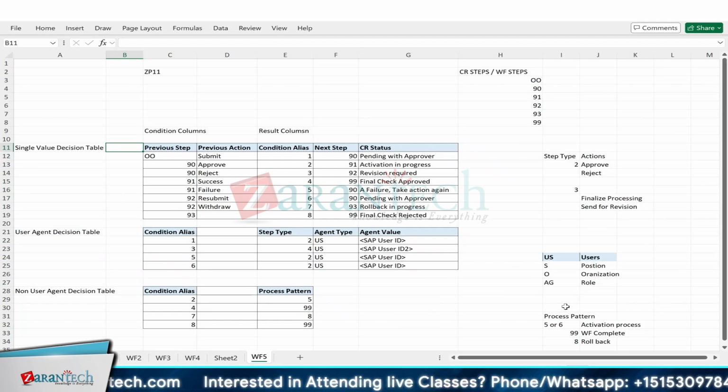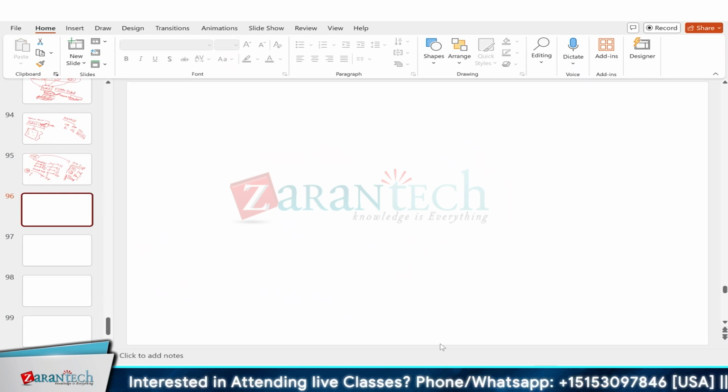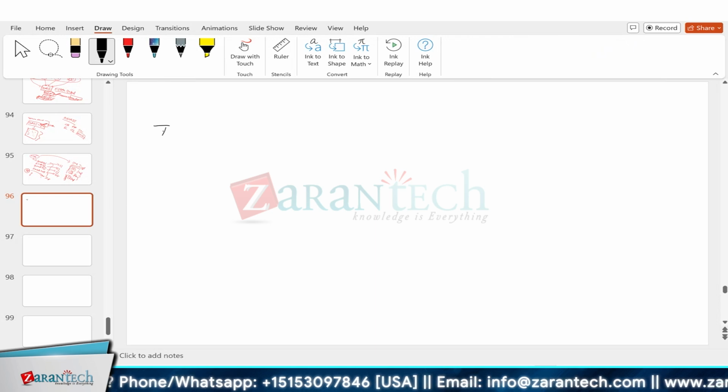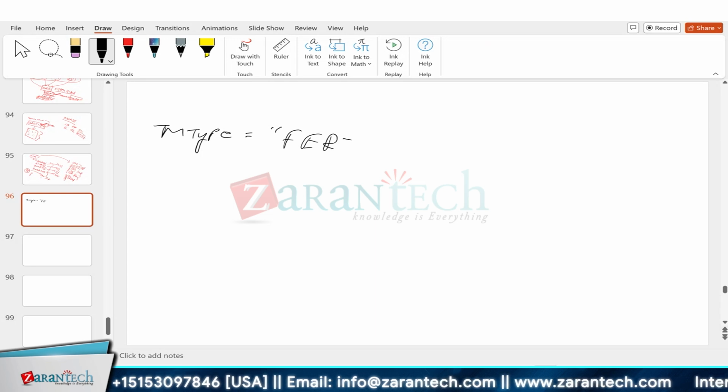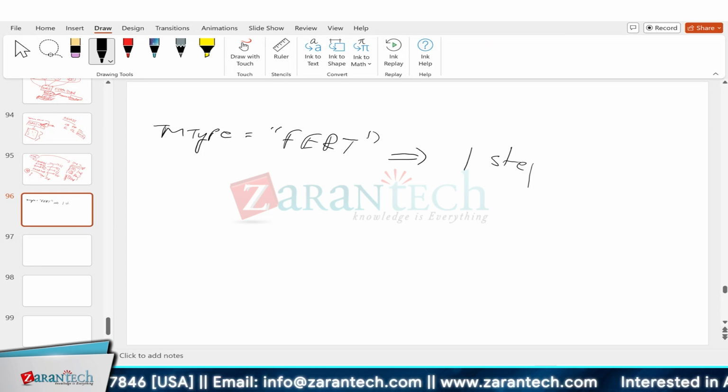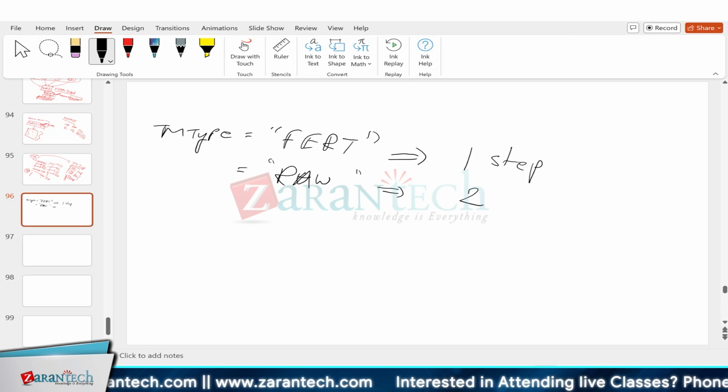Now I have a requirement. Let me draw here. I'm just taking the material master example again. If material type equals FERT, that is a finished product, use one step approval process. If material type is, let's say for example, raw materials, then use two-step approval process. So based on whatever we discussed so far with respect to change request types